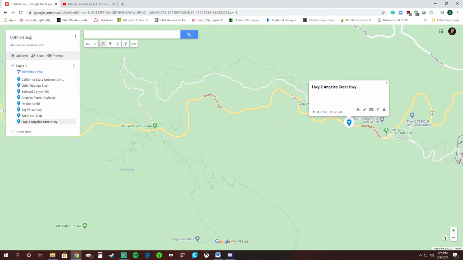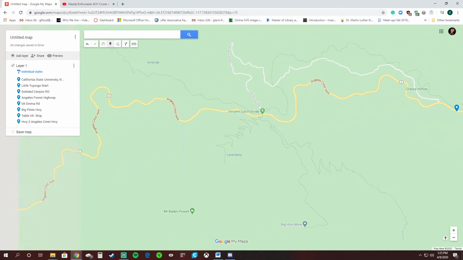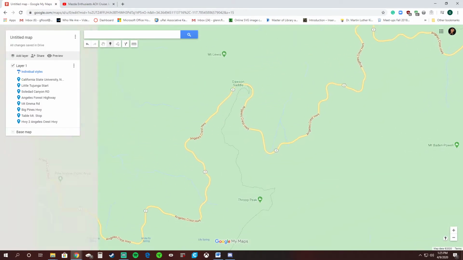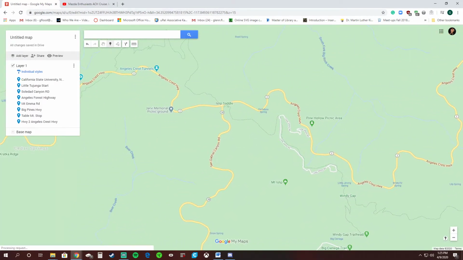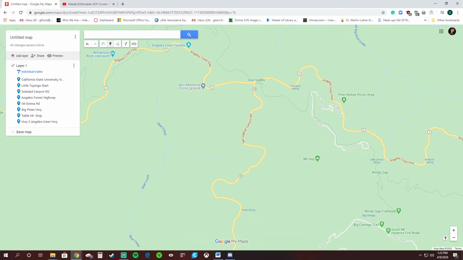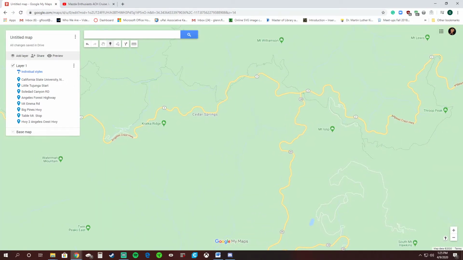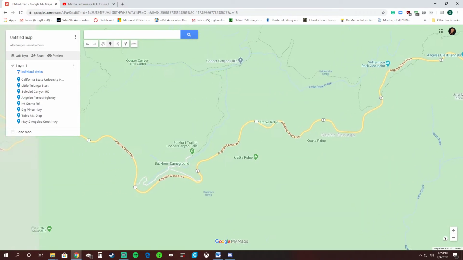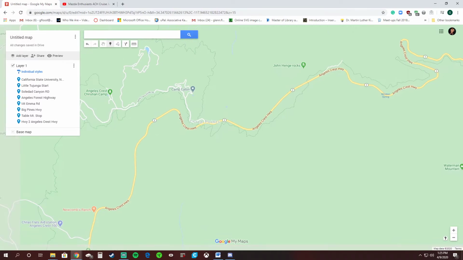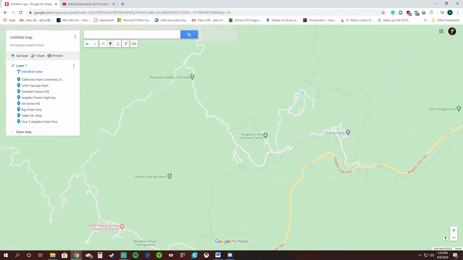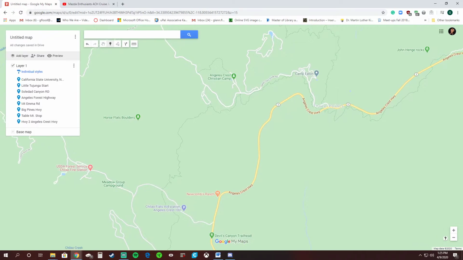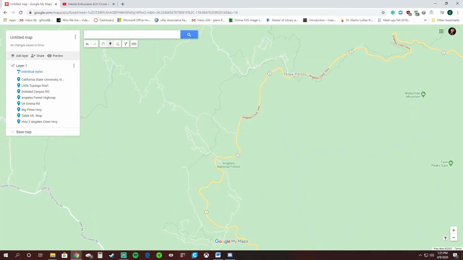Alright, cool. So now what we can keep doing is just keep the route going here. Keep going down. You can see this is Route 39, which would actually take you a different way to the Angeles Forest Highway, which is also a nice road too, but for this tutorial purpose, we're just going to stay on the main part of the highway here. So we keep going down, and then you'll see a break off right here that actually leads